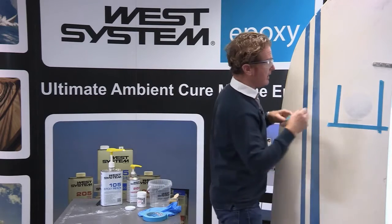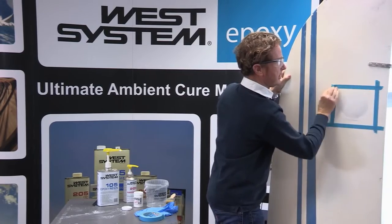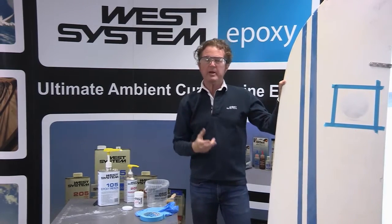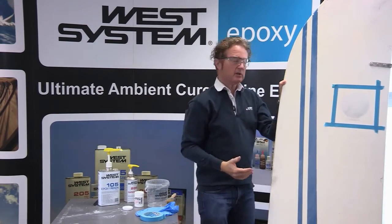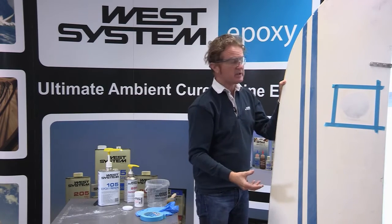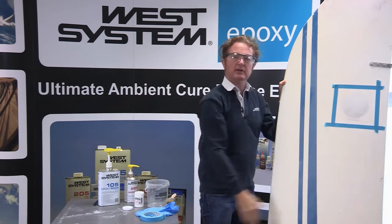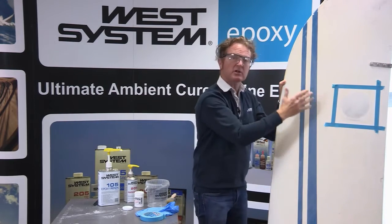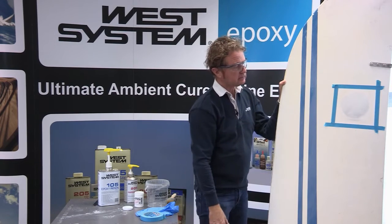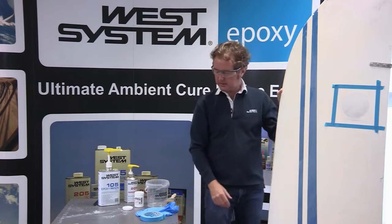What I'm going to do here is give a final coating of white pigmented epoxy, which will give a good primer base for our final cosmetic finishing, but very importantly it will protect the filler that we've used here. The filler is a low density filler and it can be a little porous, so I'm going to protect it with